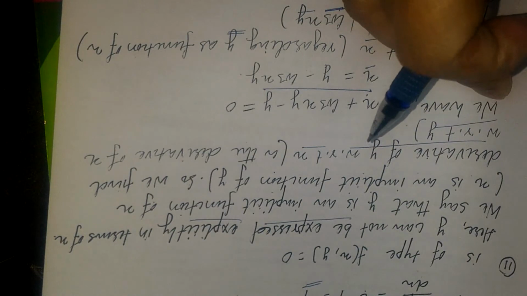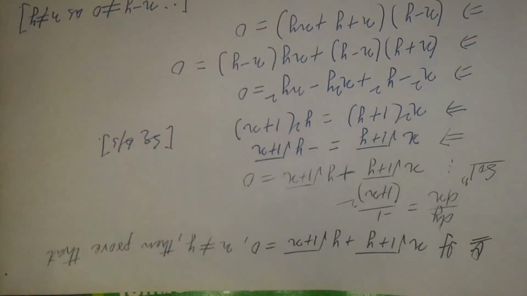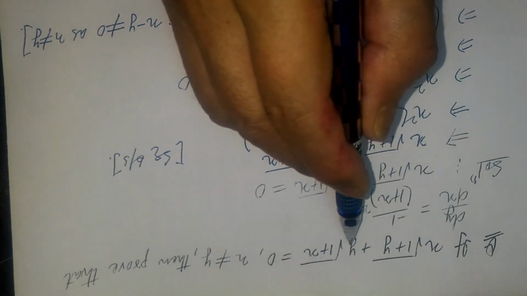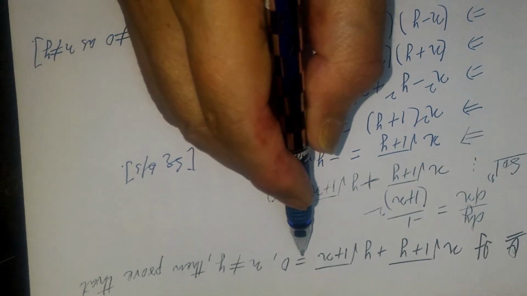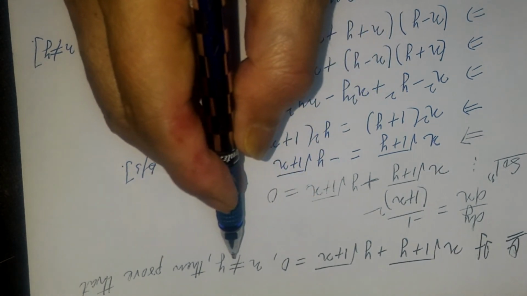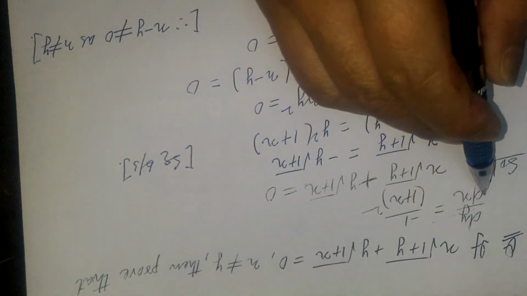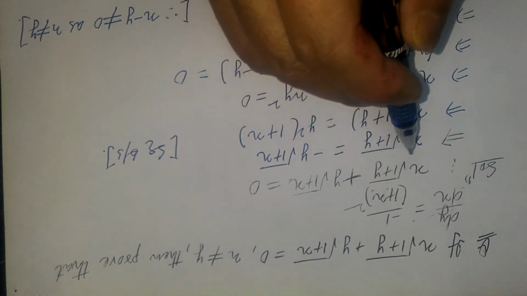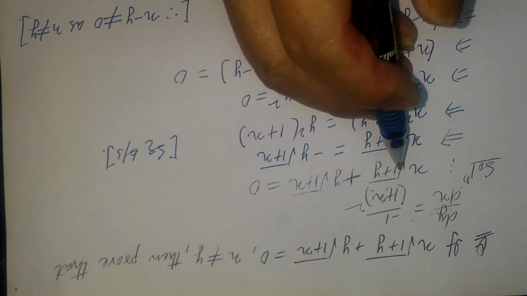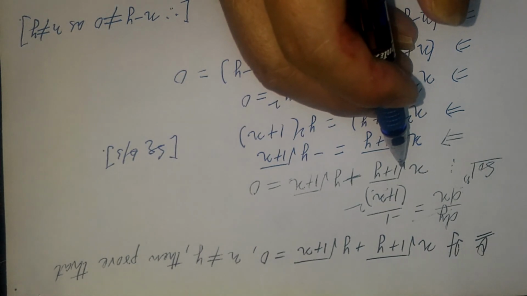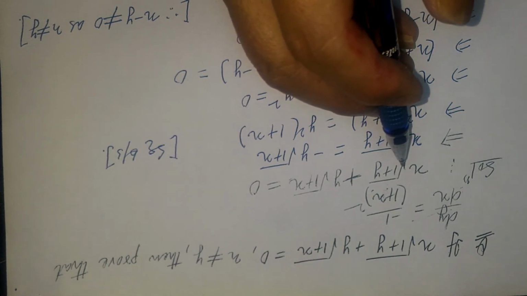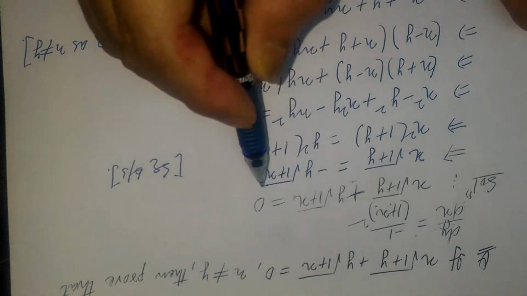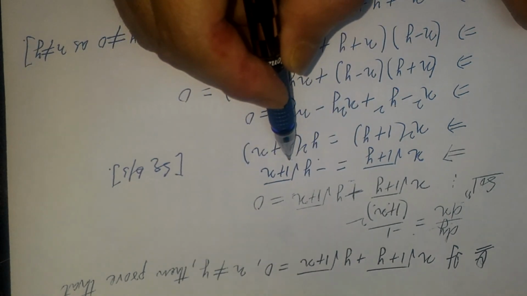We'll see one more example. A very important question it is: if x under root 1 plus y is equal to minus y under root 1 plus x, with x not equal to y, then prove that dy by dx is equal to minus 1 by (1 plus x) whole square. So here if you don't do the simplification, it will become very tedious work for you. So whenever we have a root, we try to get out of the root. So we'll take one term on the other side, so it is minus y under root 1 plus x.